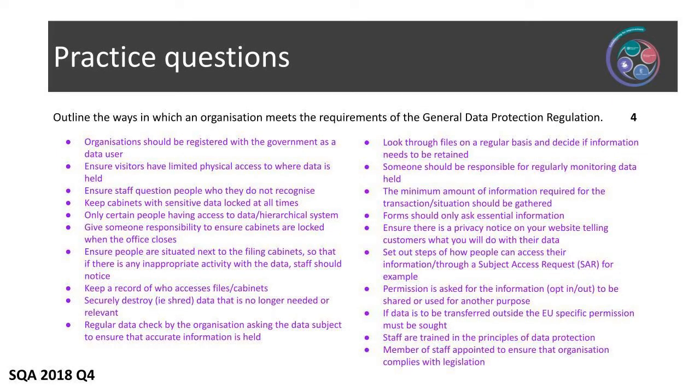Now, if you go and look this question up in the 2018 question paper, you'll see it says outline the ways in which an organisation meets the requirements of the Data Protection Act. Well, that's of course been updated to the General Data Protection Regulation, but broadly speaking, the idea behind both of the legislation was to protect people's data and ensure they've got clear rights. So there is lots of things you could outline here, and it's 4 marks, and you get 1 mark for